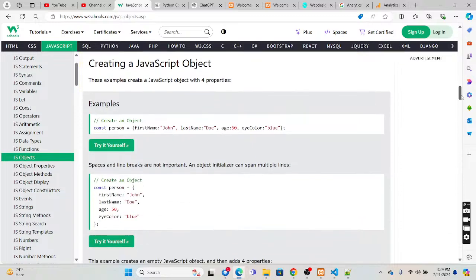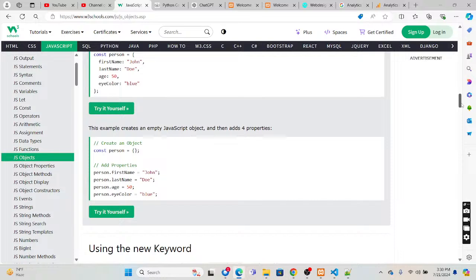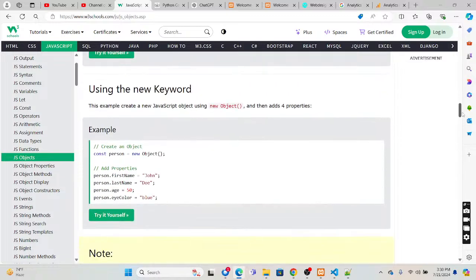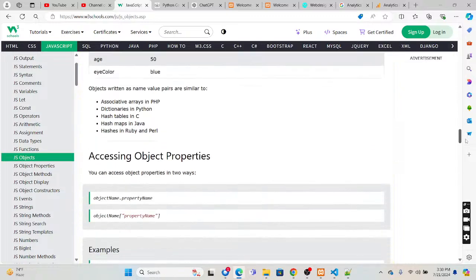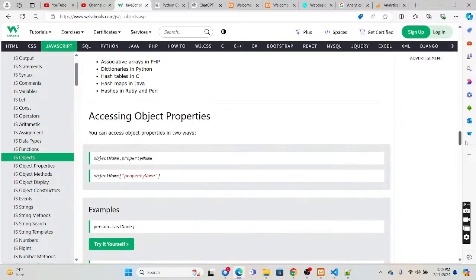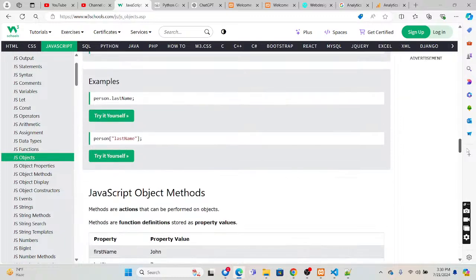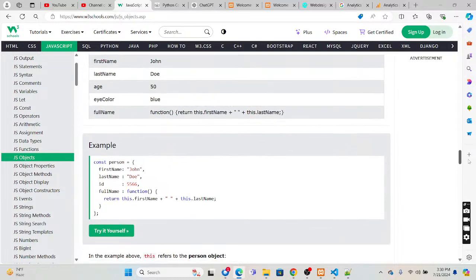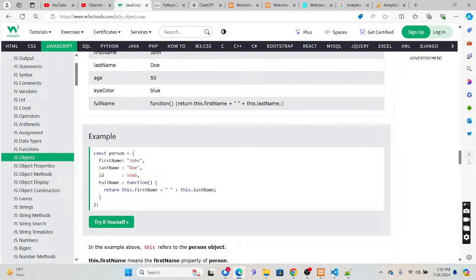It is an object. You can create it using new, then you can create the object, and then person dot like that also. So assigning object properties: object name dot, and then constant, and then it can have